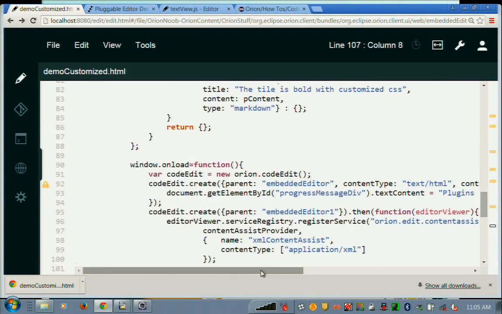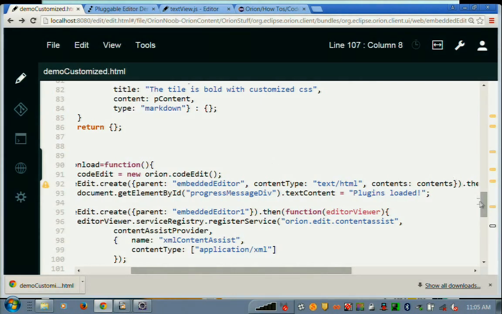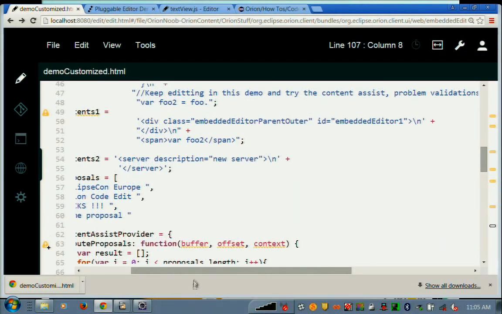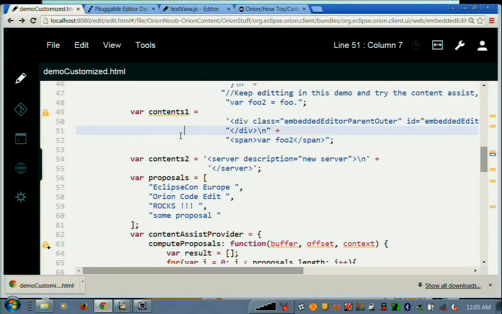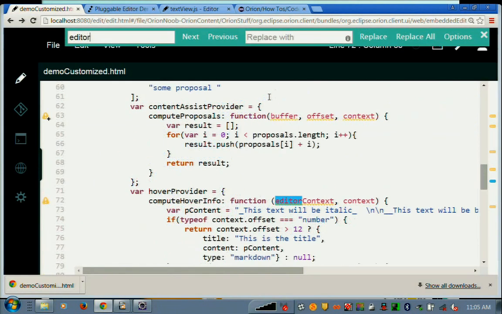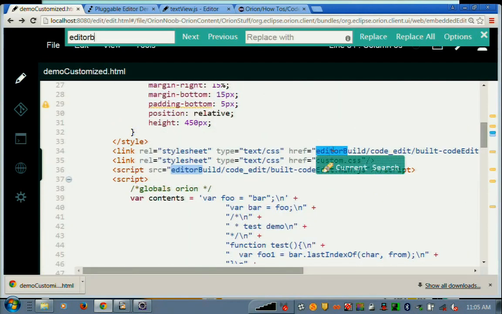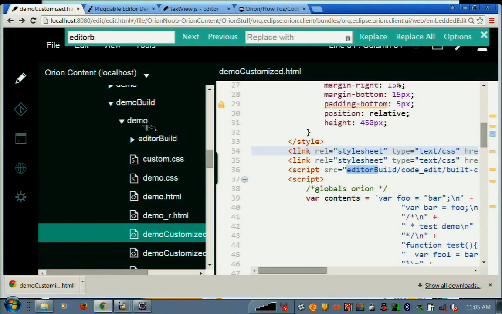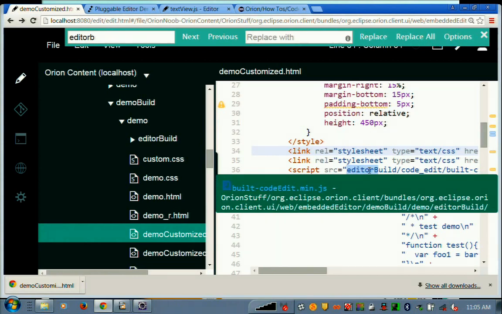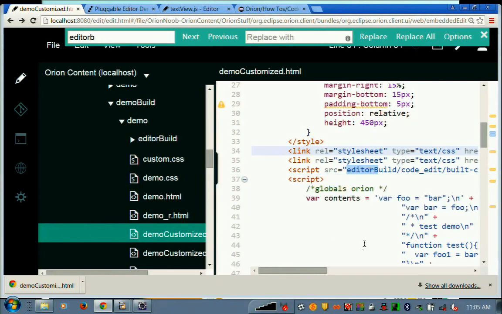But if you notice the addresses that we use for the imports, the path is... so right now, the reason that I put the editor build install here is simply because that's a pair of this path. So basically, if you install it on your server, you would only change the path here to point to where it is on the server. This is the only difference. You unzip the file someplace, and then you make sure that when you bring in code edit,